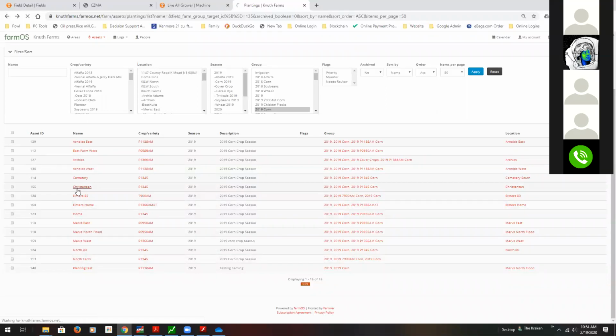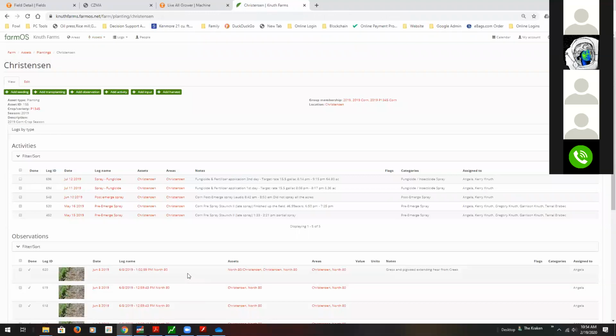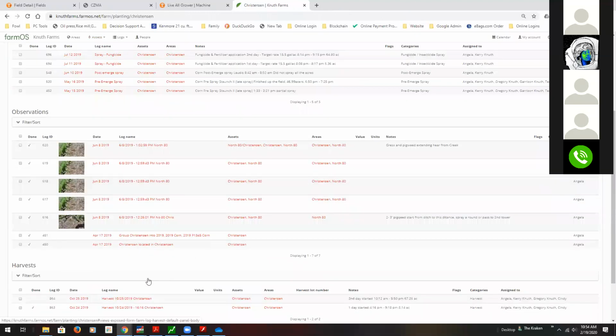So, have you been able to test the PharmOS field kit yet, the mobile app for observations? We worked on it last winter, and I had it on my phone starting last spring. But